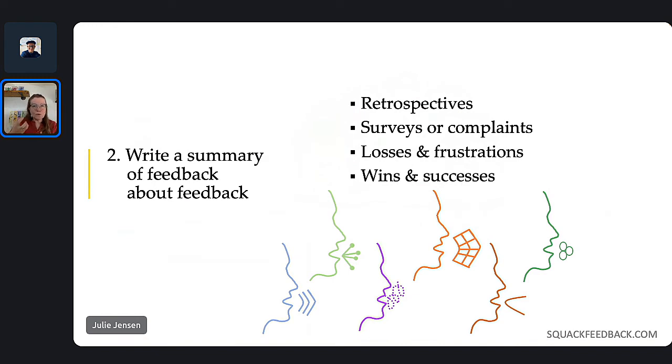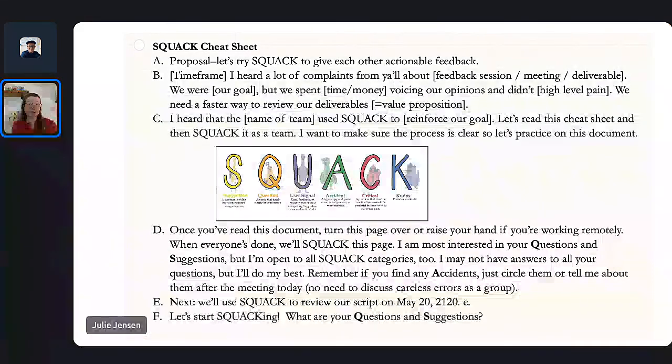And so pull some of that information together into a short summary so that people can recognize, I've experienced that. And maybe this Squawk feedback formula can help resolve it. Talk about what's worked and what's not worked. And then this is a summary of lots of words on this page, but just trying to templatize how you kick this off in your organization and make a proposal about how to give each other actionable feedback.